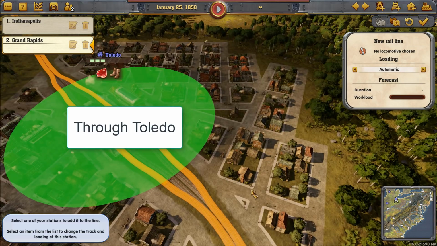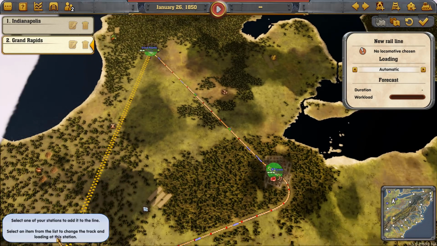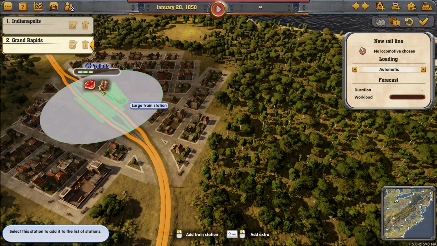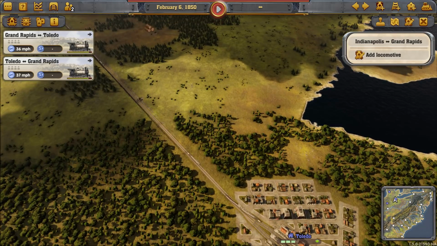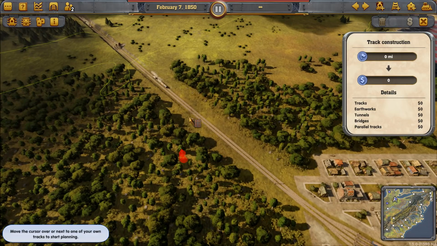You'll notice it also kind of went out. It's running through track 1 and track 4, but that's actually going to interfere. That's going to get held up by any trains coming into track 1, which is already utilized. We used to have to set these waypoints to tell it to go a different way, but what we're going to do now is